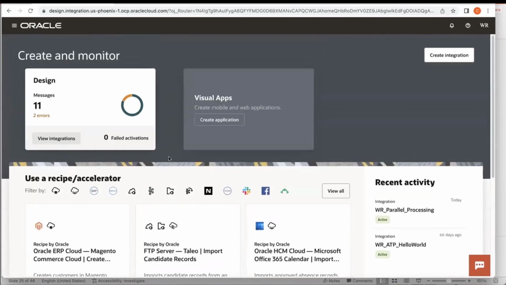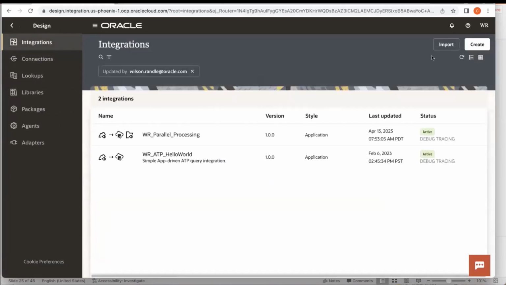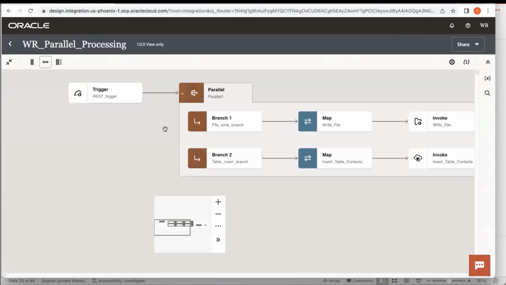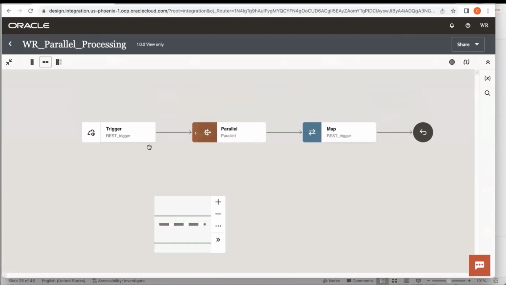But what we are interested in is going to be first our parallel tasks. So I've got an integration that's already up and running that demonstrates this parallel processing integration. And our scenario here, I'll go over this integration first. It's quite simple from an integration standpoint, but just to walk you through piece by piece,